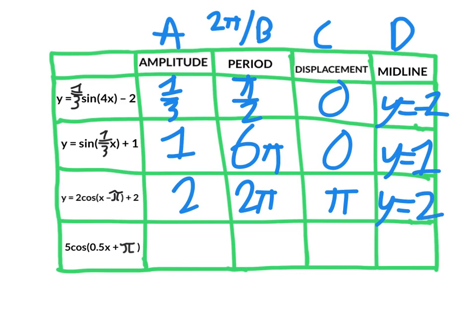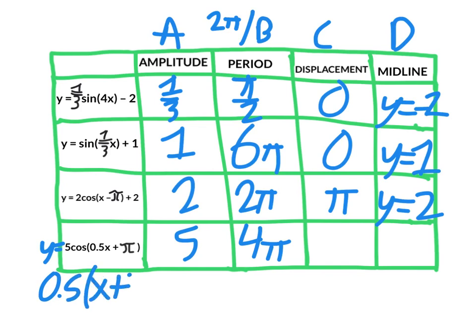Finally, we have 5 cosine, or there should be a y equals in front of that, so y equals 5 cosine of 0.5x plus pi. We know that the amplitude's 5, and then since b is 0.5, that means the period has to be 2 pi over 0.5, which is 4 pi. And for the displacement, it can be kind of tricky because now we have to take the b out of the equation. So we take the 0.5 out, so it's 0.5 times x plus 2 pi, therefore meaning that the displacement is not negative pi, but negative 2 pi,